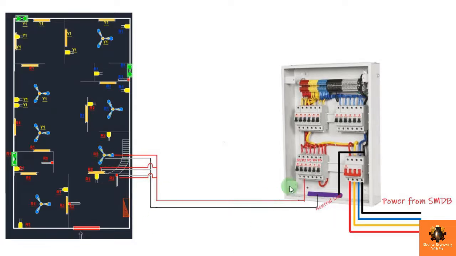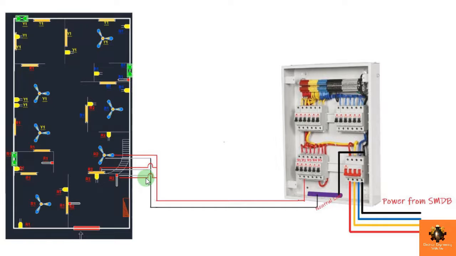Now take the phase wire from the R2 circuit breaker and one neutral wire from this link and connect these wires to this fan, connect these wires to the tube light and connect these wires to this CFL. And see here, all these connections are made in parallel to maintain the voltage level. So in this way we make a circuit from the distribution board to electrical devices. This was only for your understanding of how we make a circuit from DB to load.